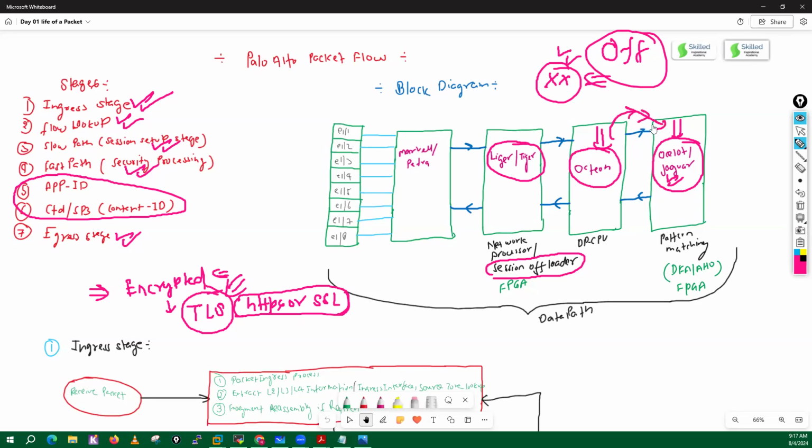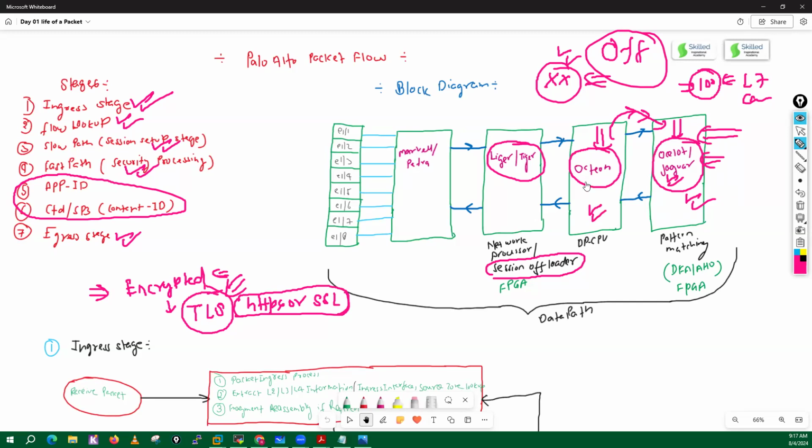It is not making any sense, because that data is encrypted and my Jaguar chip will not be able to understand anything. So in that case, whenever we send this type of encrypted data to the Jaguar chip, it will basically mark a session. Let's suppose the session ID is 100 for this traffic. So it will mark layer 7 as completed. And when this flag is added to the session, because session management is done by the Octeon chip,